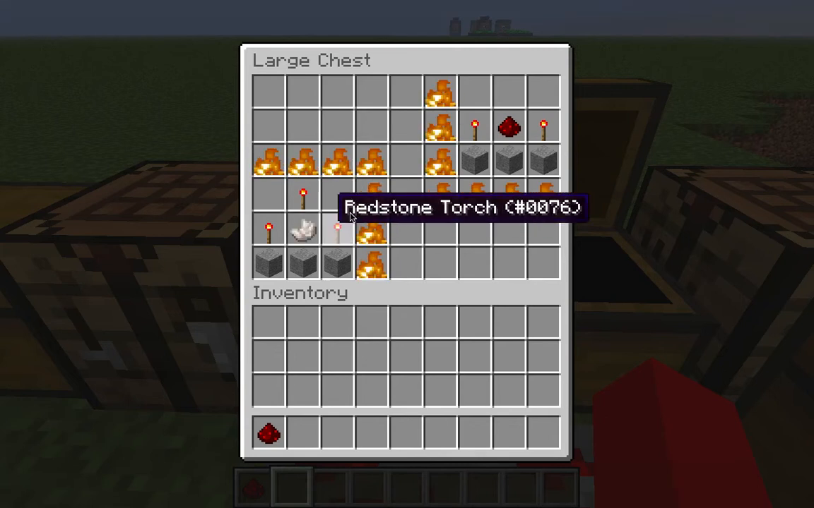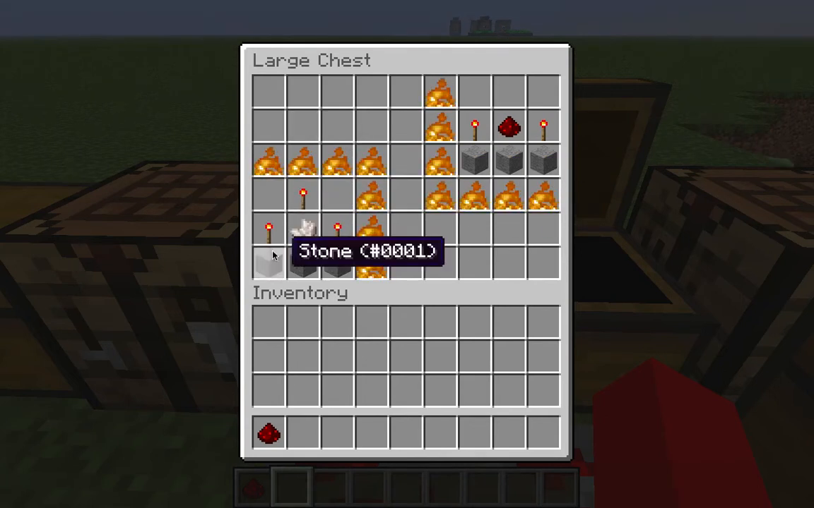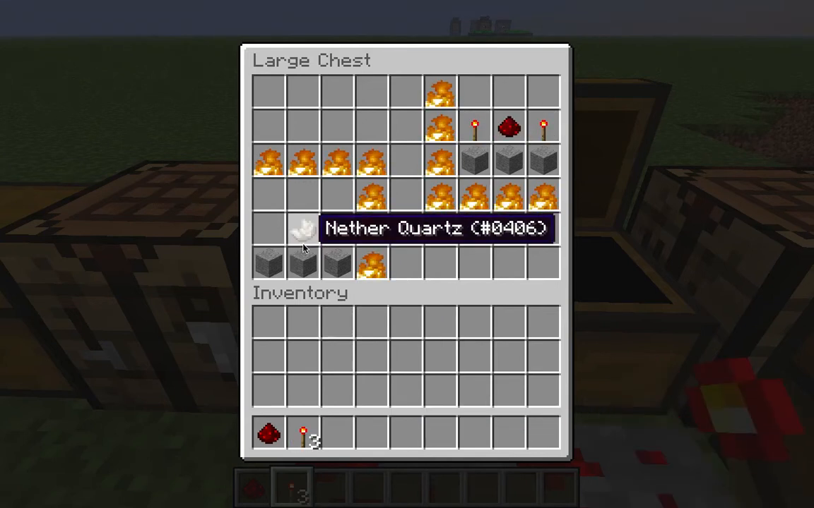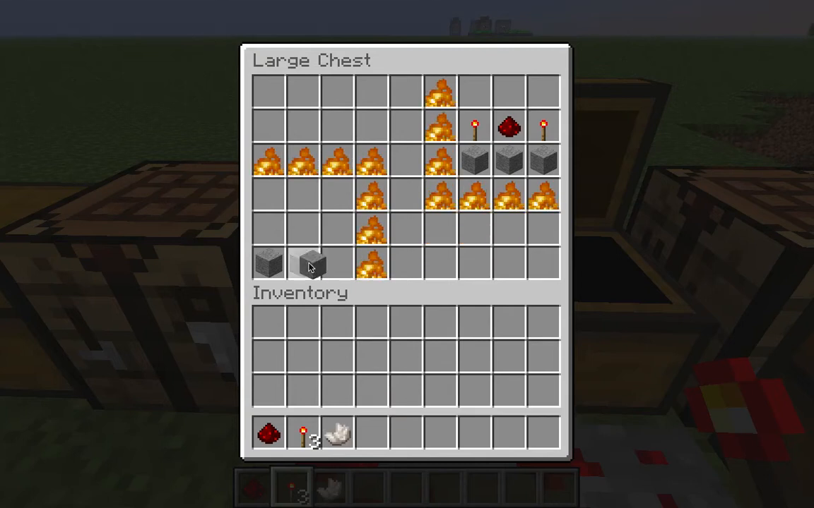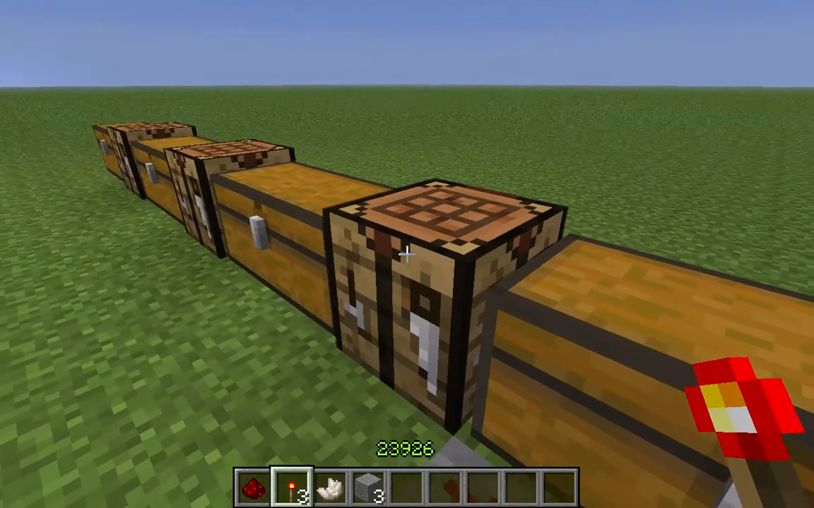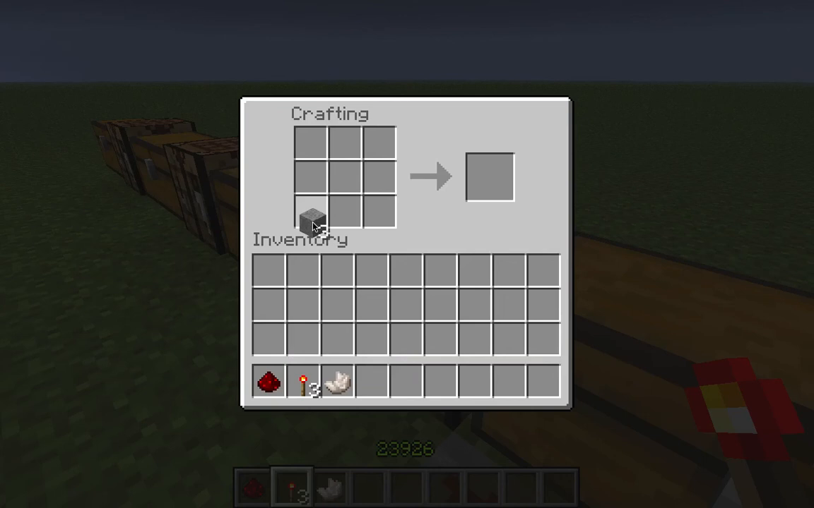Nether quartz is found in the nether, so you can't actually craft this item unless you go into the nether dimension, which is kind of hard to get to. But, darn it, wow, I forgot. Those are there too, and you need to grab all of this stuff, and once you get 3 redstone torches, 3 stone, and a nether quartz, you can craft this item right here called the redstone comparator, added in